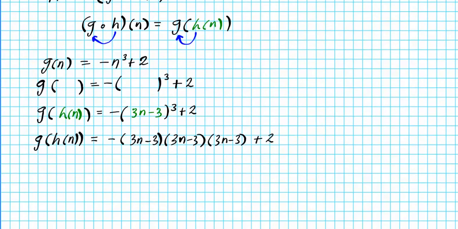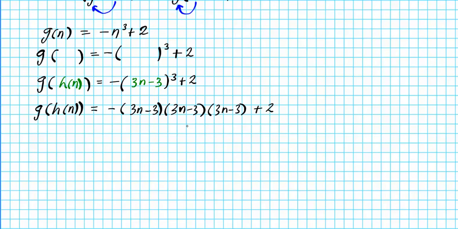Okay, so let's go ahead and simplify this. Now, how do you multiply 3 binomials? Well, in order to do this, we're going to attack it 2 at a time. So I'm going to shift gears. I'll do the work on the right side here, and then we will put the answer back in here. So what we want to do is find out what 3n minus 3 times 3n minus 3 times 3n minus 3 is. We'll start by multiplying 3n minus 3